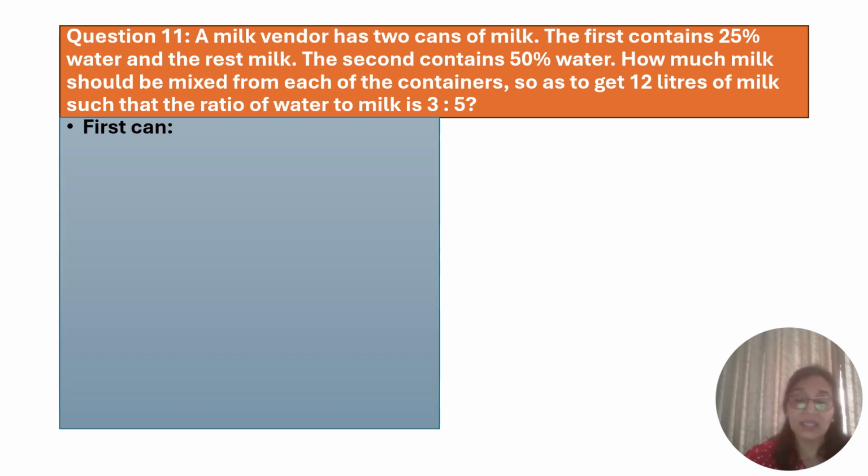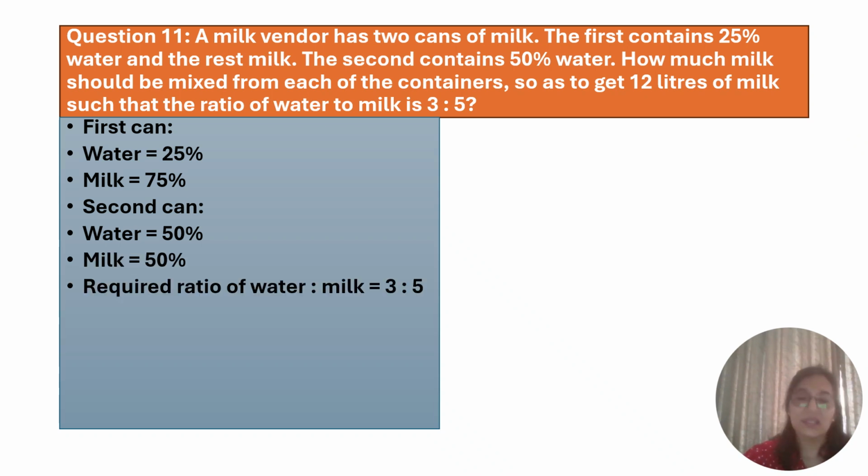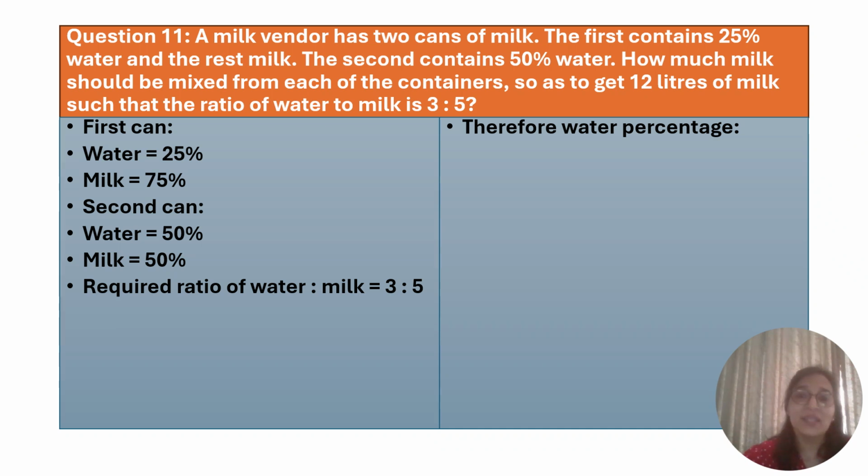Now first can, again children repeating it, you need to divide the questions into parts. Let's see, first can, the water is 25%. Milk is how much? 75%. Second can, water is how much? 50%. What is the amount of milk? That is 50%. So the required ratio of water to milk is 3:5, which is given. Therefore, water percentage will be what? We are going to take 3 divided by the sum of ratios, as I have explained to you. So you will get 3 upon 8,